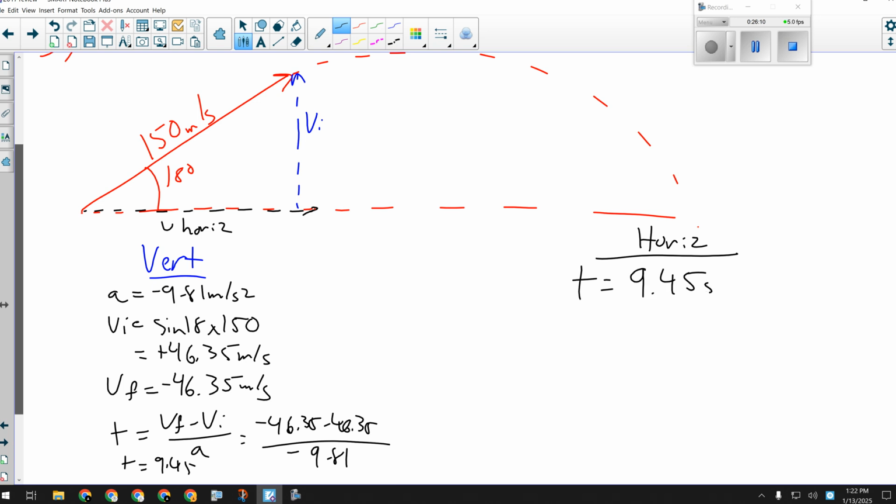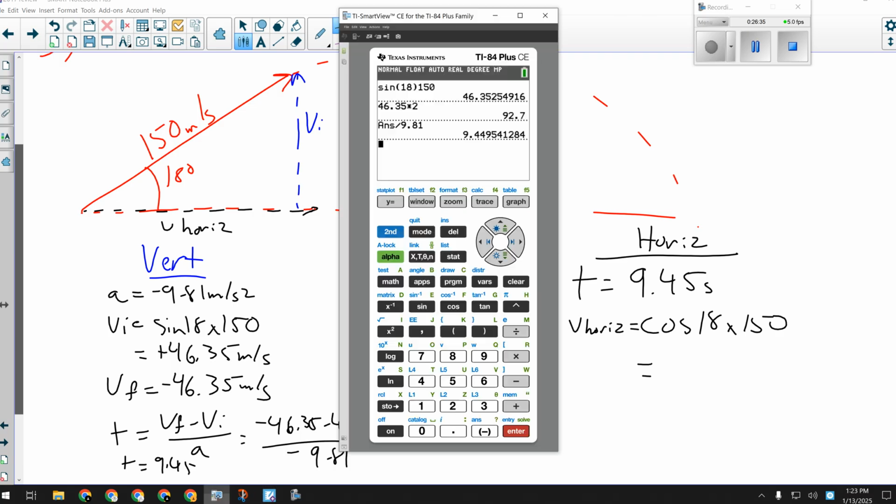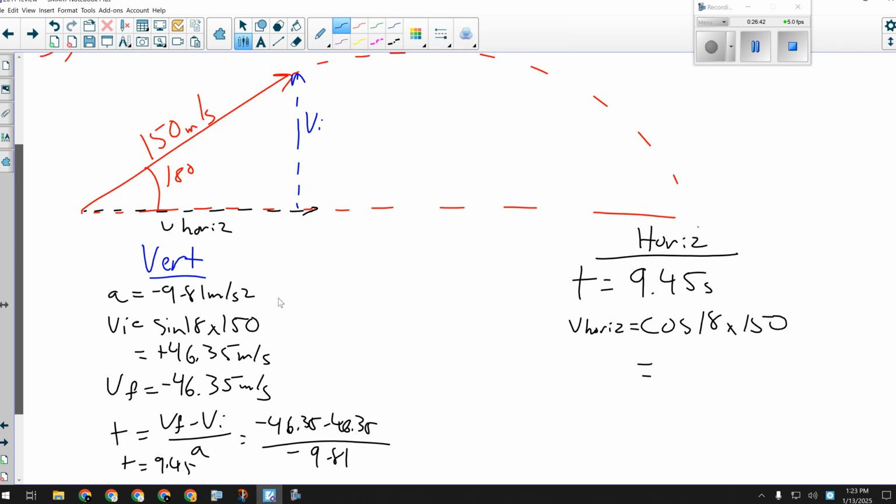Okay, the second thing I wanted was the horizontal distance traveled. Well, in order to get that, I've got to know how fast the projectile is traveling horizontally, which I can calculate because I'm given this stuff here. All right, so I'm going to go cos of 18 times 150. All right, that'll give me my horizontal velocity. And it is 142.66